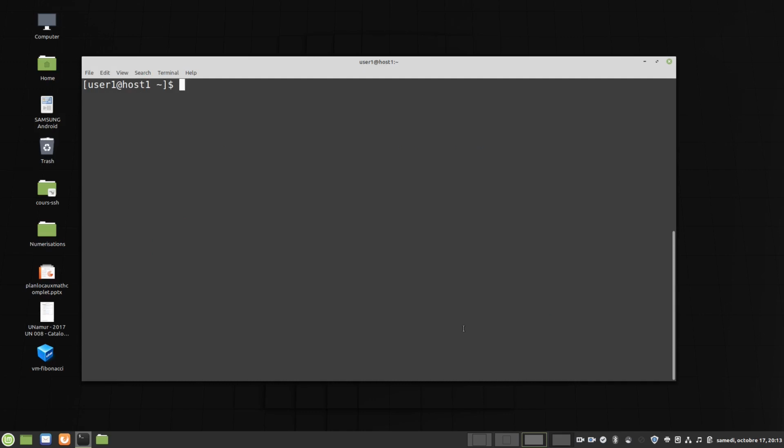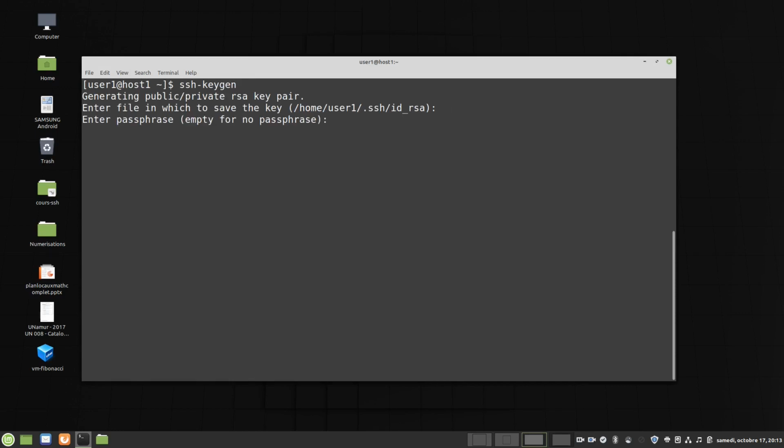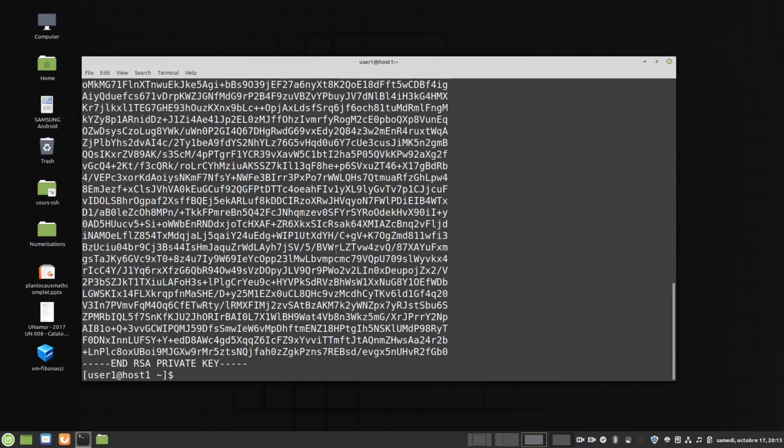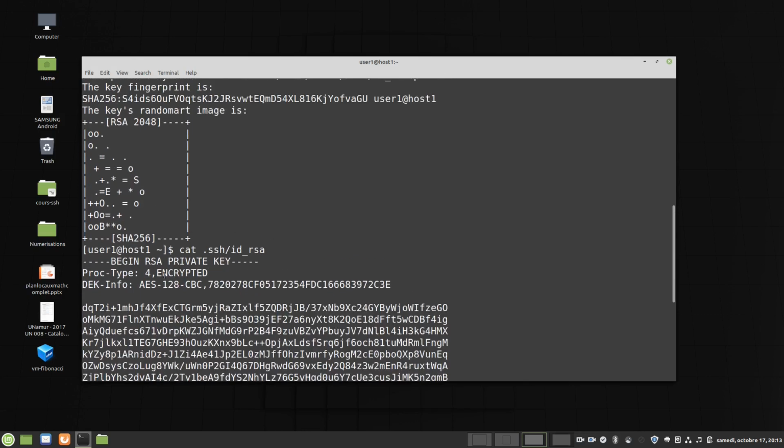We can create identity files for user 1. Let's use the default name for the output file, and now we have to type a passphrase to encrypt the private key. We can see that the private key of user 1 is encrypted.